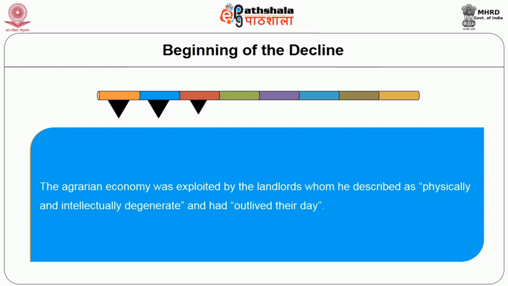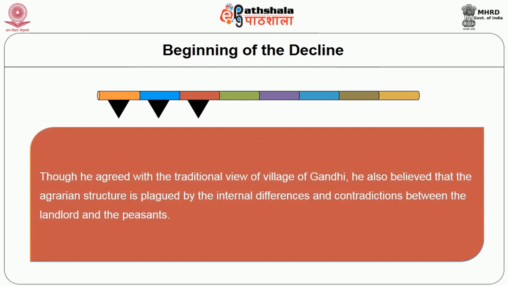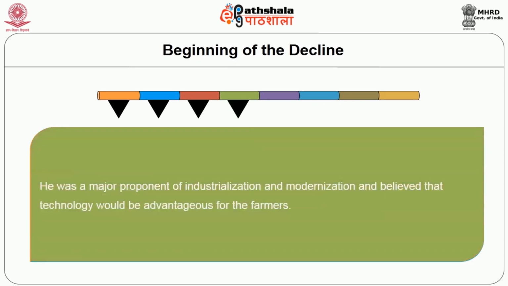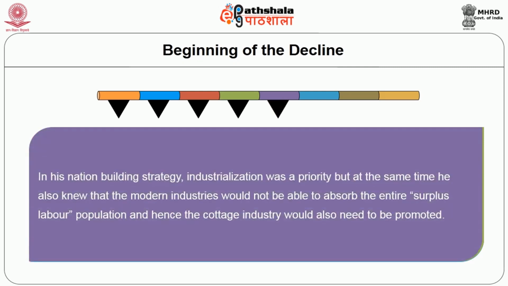Though he agreed with the traditional view of the village of Gandhi, he also believed that the agrarian structure is plagued by internal differences and contradictions between the landlord and the peasants. He was a major proponent of industrialization and modernization and believed that technology would be advantageous to the farmers. In his nation-building strategy, industrialization was a priority, but at the same time he also knew that modern industries would not be able to absorb the entire surplus labor population, and hence cottage industry would also need to be